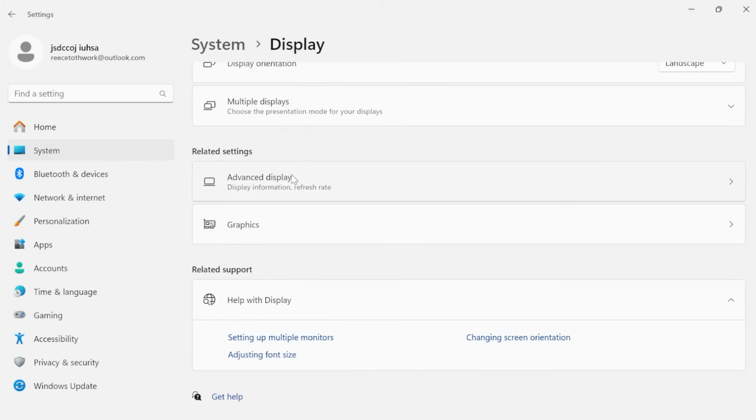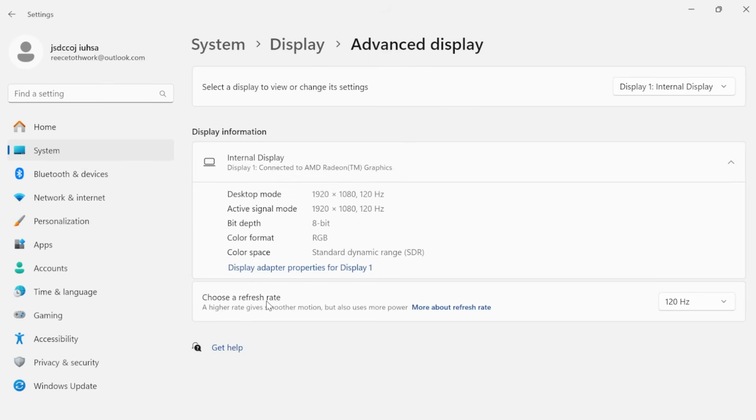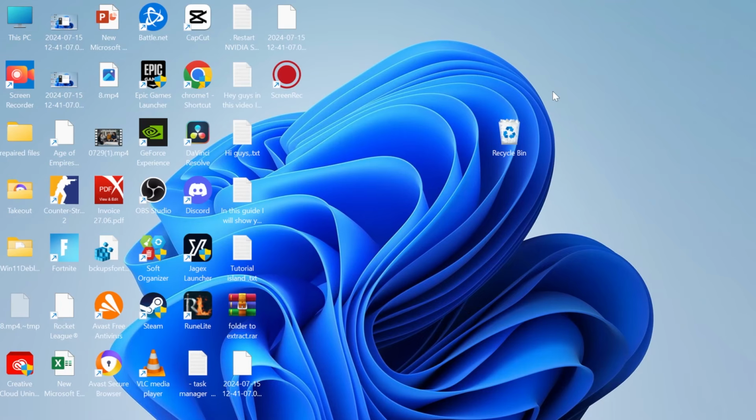Then we're going to come over to the bottom and select Advanced Display. And down here where it says choose a refresh rate, you just want to go ahead and set this to the highest number available. Now if you already have this set to the highest number available and you're still getting issues, you can actually try lowering this to also see if that fixes the issue. And by following all of these steps, at least one of those should have now fixed the flickering issue for